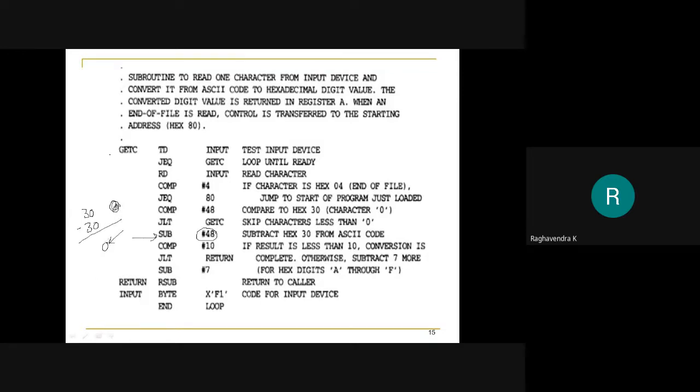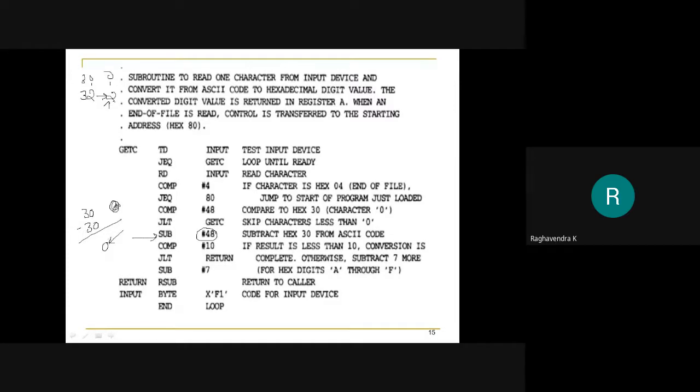For example, if I have read 32, what is 32? If 30 is 0, 31 is 1, then 32 is decimal 2. So I want this decimal value.